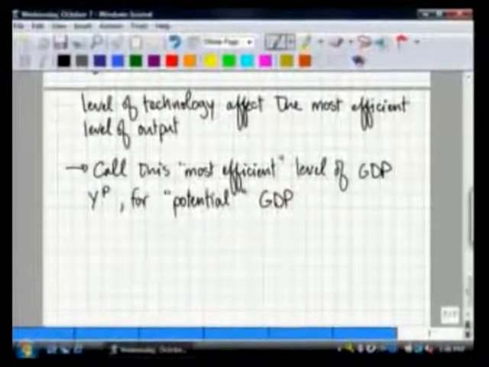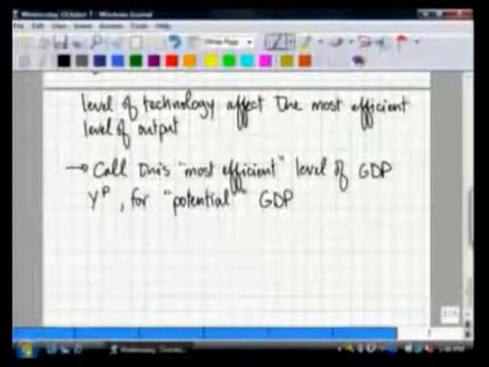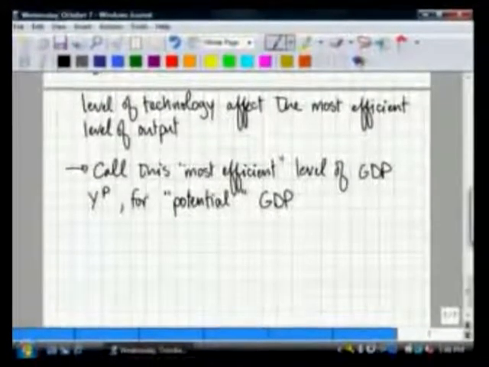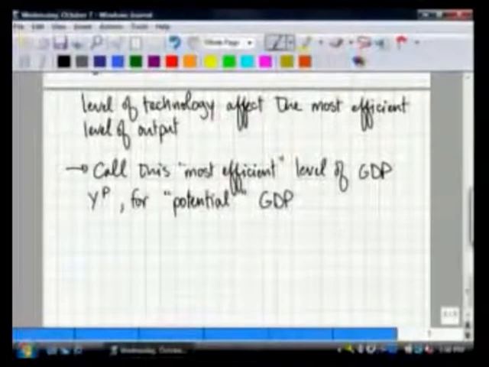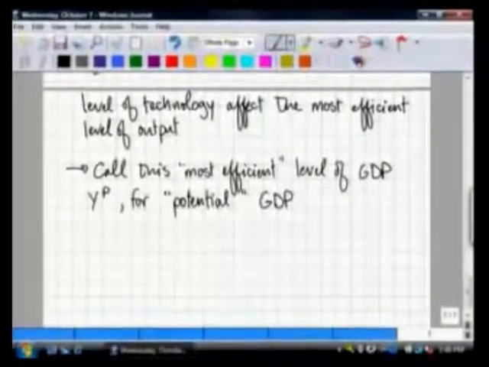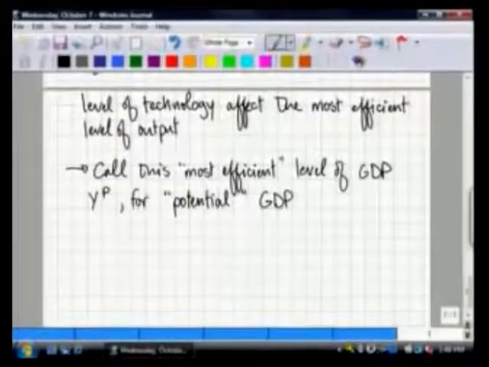In some sense, it's our sustainable potential GDP. Right? Given a set of resources, if we let the markets work, we could get YP every period. We could hit YP and we can stay there for an indefinite period. Right? So think about YP as being our potential long-run sustainable level of GDP given a particular set of resources. So note